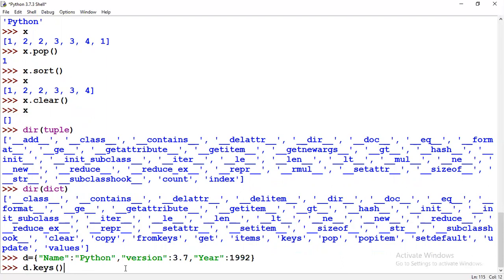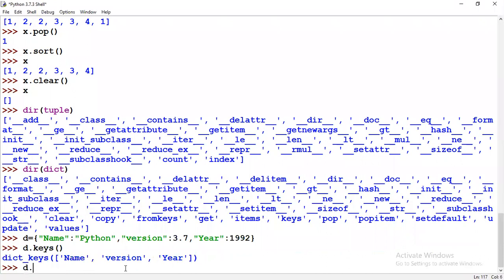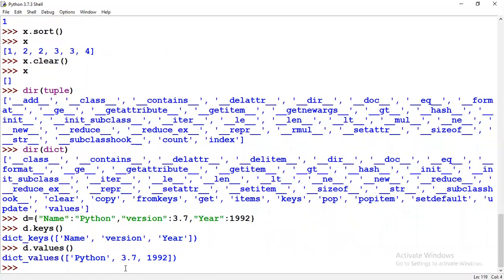D.keys means it will extract only the key names. D.values will extract only the values. D.items will extract both the key name and the key value. That's the reason we have d.items.